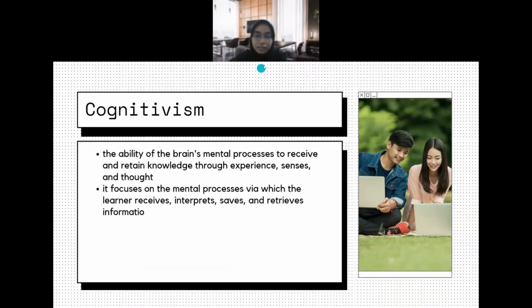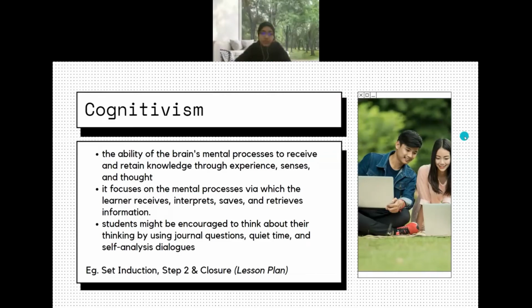All right, so next is cognitivism. Cognitivism is the ability of the brain's mental processes to receive and retain knowledge through experience, senses, and thought. Cognitivism focuses on mental processes via which the learner receives, interprets, saves, and retrieves information. During cognitivism, students might be encouraged to think about their thinking by using general questions, quiet time, and self-analysis dialogue. This can be seen during step 2, where students were given a simulation